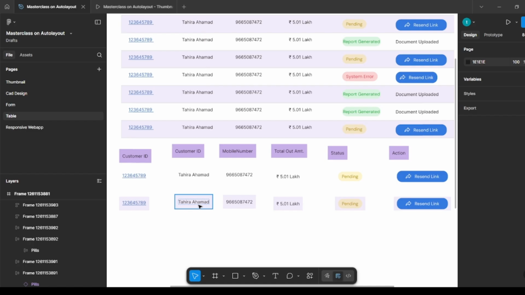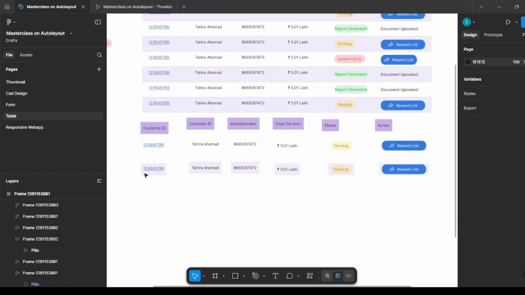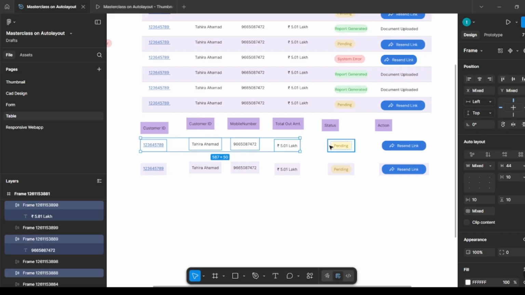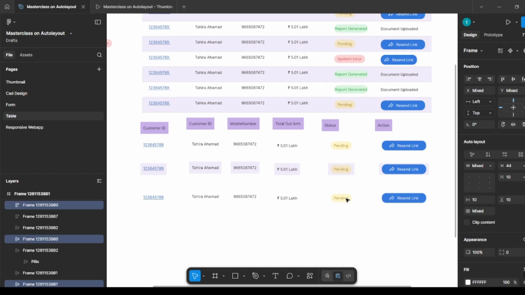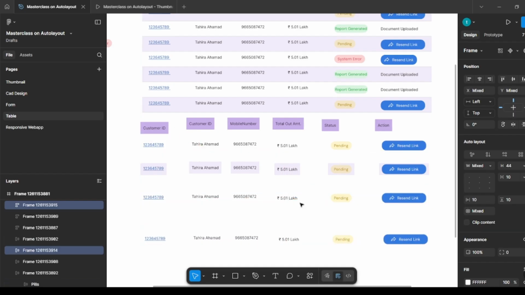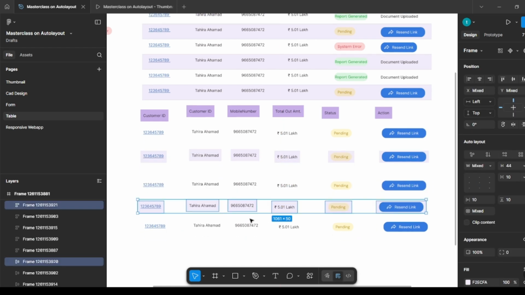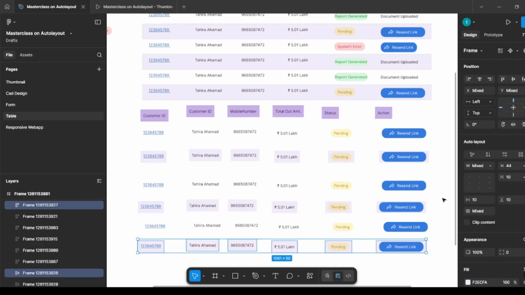Now what we will do is again copy individual rows, copy here, paste it here, and for this we'll take this individual and then copy here and then take it here,